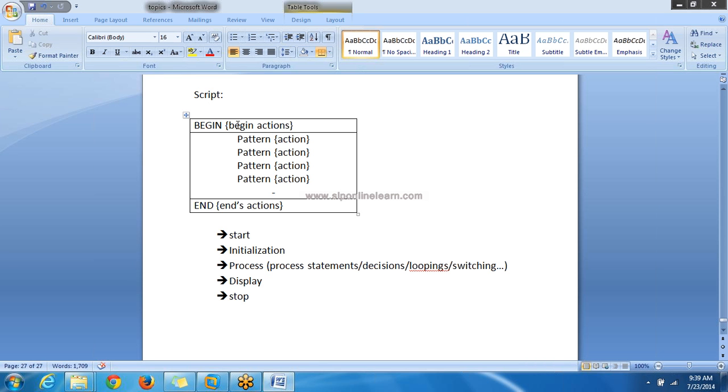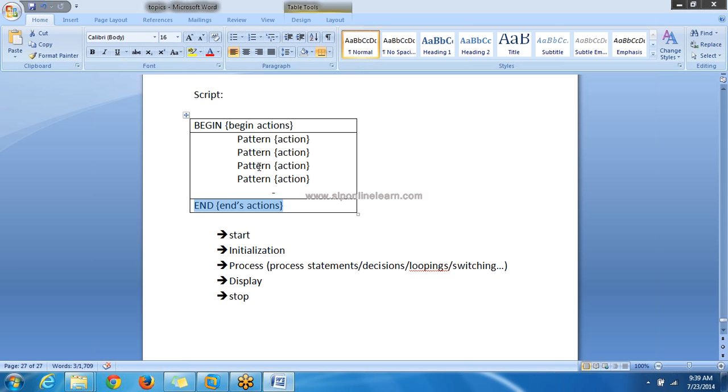BEGIN, here you can do some begin actions. Next, pattern and actions. This is the actual body, and this body contains your statements. So BEGIN is like pre-processing. Before starting the actual process, we are doing some pre-process, and this one is post-process.